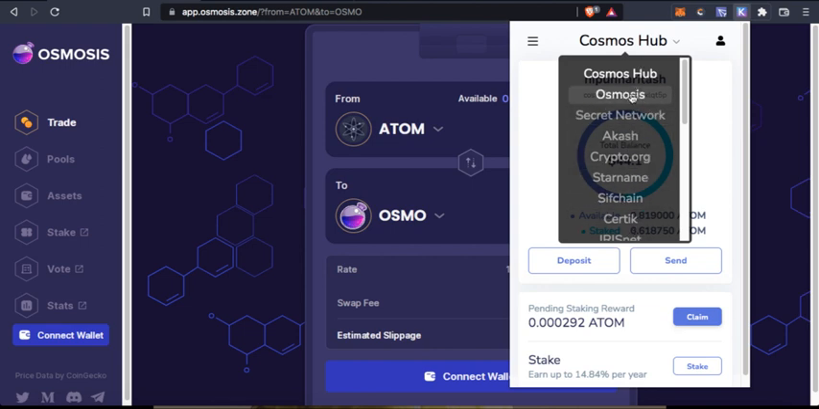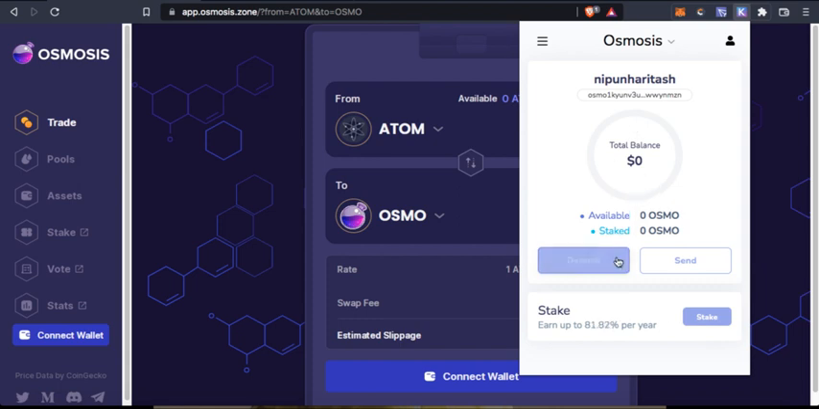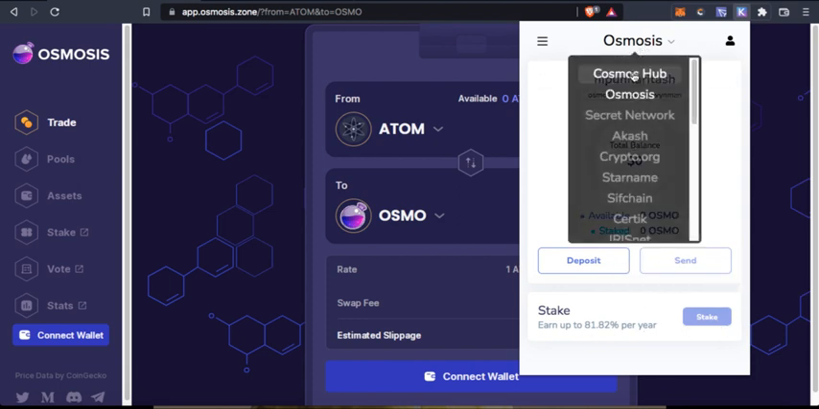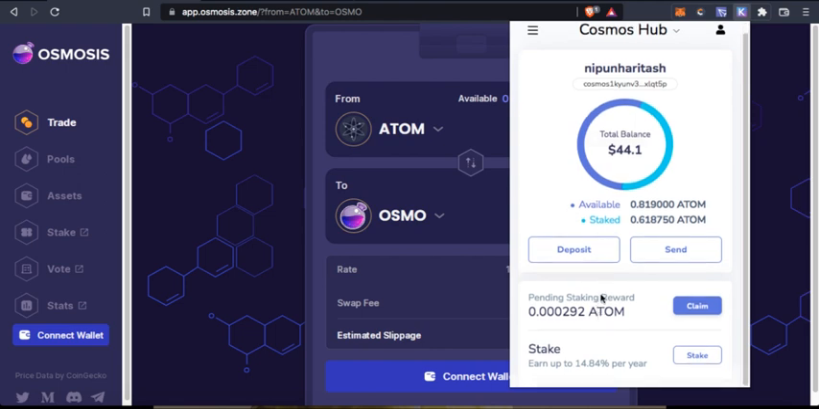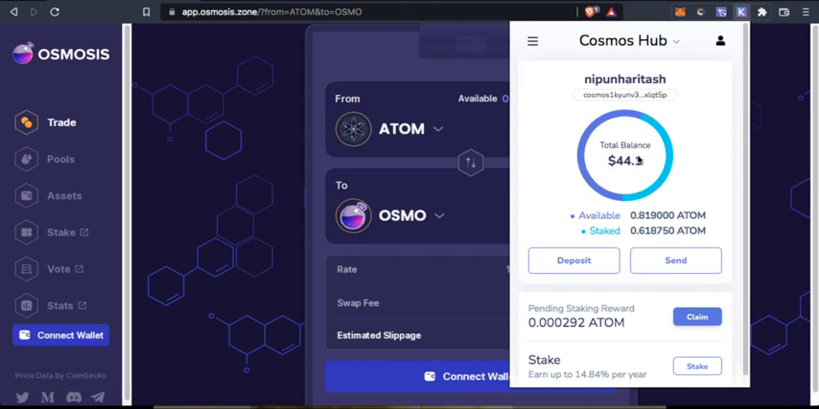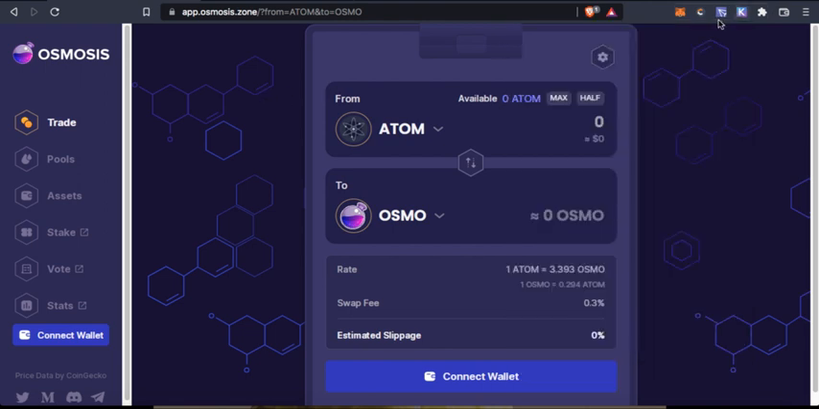And if you click on Osmosis, I do not have any Osmosis as of now, but you get almost 82% APR. And I have some Atom staked, which is giving me 14% APR. So what we are going to do here is we are going to get some Osmo, and to get Osmo you need to have Atom first, and you need to go to